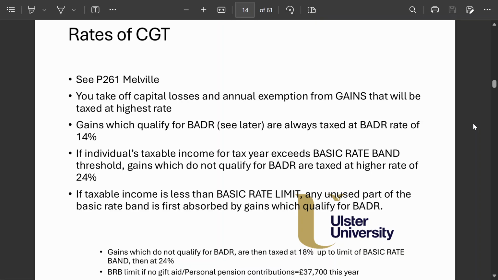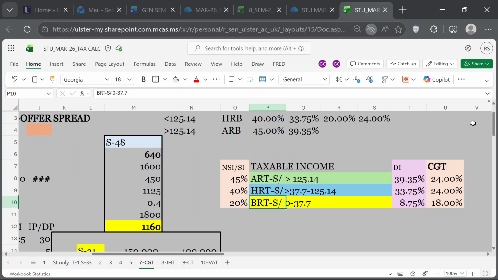Where were we? Okay, so this is the part that I was about to discuss, which is one important thing you need to remember here. The other things we already discussed. Anything doesn't qualify for BADR. BADR is special. Now, I was going to discuss that if your taxable income is,